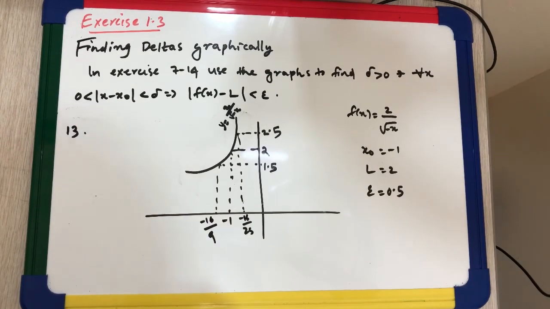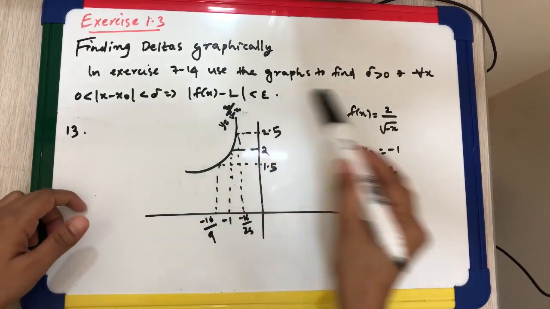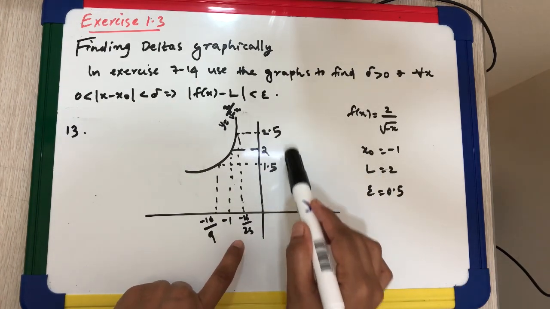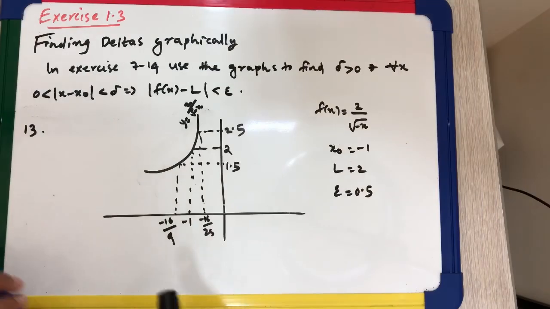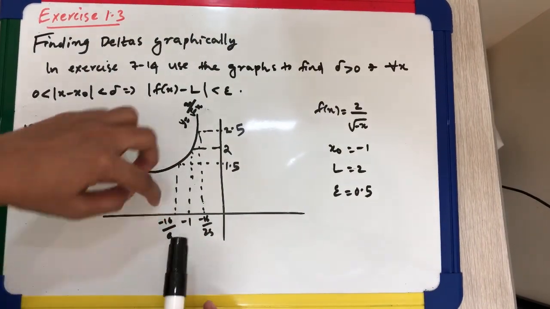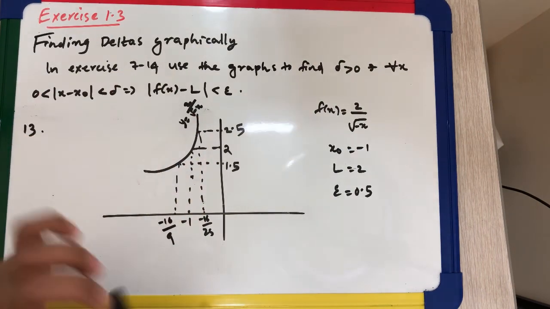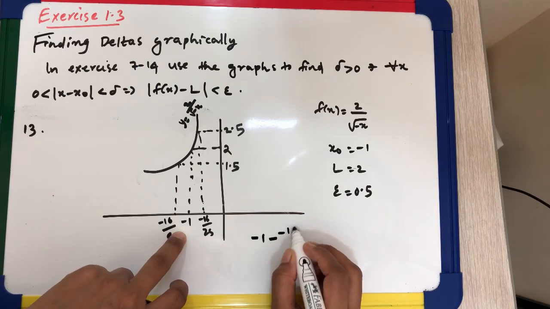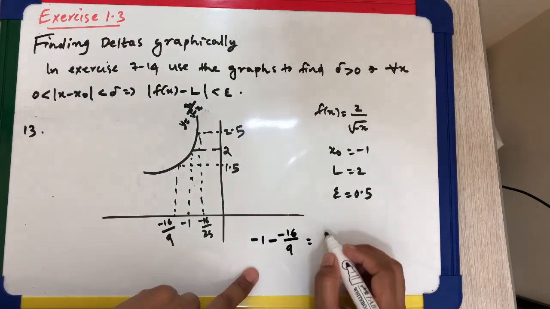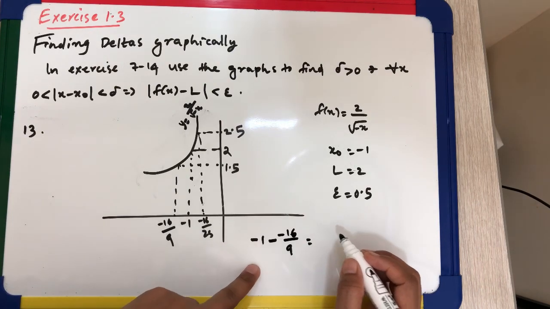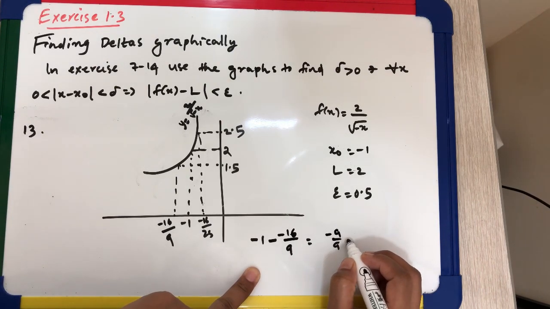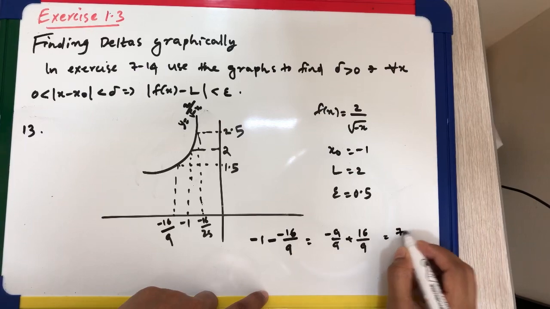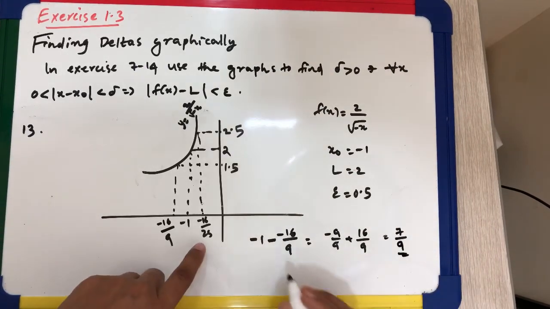Next question, f of x is equal to 2 by root of minus x. X naught is equal to minus 1 and L is equal to 2. Epsilon is equal to 0.5. We have to find delta. To find delta, we have to find which distance, this one or this one, which is minimum. We can see minus 1 minus 16 by 9 is equal to, minus 1 is just 9 by 9. Minus 9 by 9 plus 16 by 9 equal to 16 minus 9 is 7 by 9, and this distance